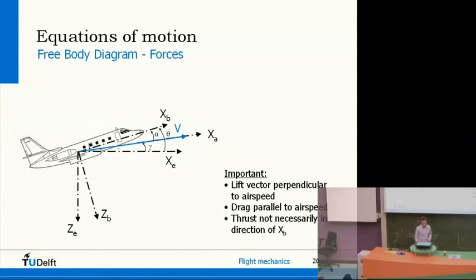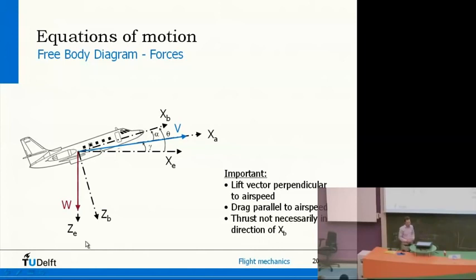So let's just list which kind of forces there actually are acting on the plane. Now, clearly there's an aircraft weight, and you can imagine aircraft weight is always pointing towards the center of the Earth. So that's in the same direction as this z-axis of the moving Earth axis system. So you can see straight away that these axis systems will become relevant right now. Now, aircraft weight, that's quite obvious, I guess.